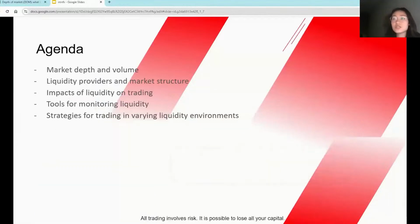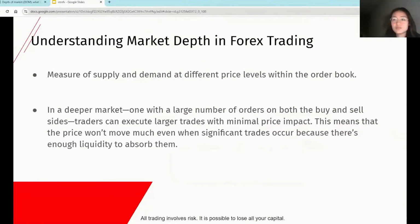So here's our agenda for today. We'll look at market depth and volume, liquidity providers, impacts of liquidity on trading, and so on and so forth. Okay, let's start. We'll start off by going through a bit on understanding market depth and